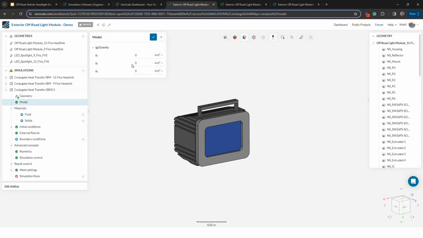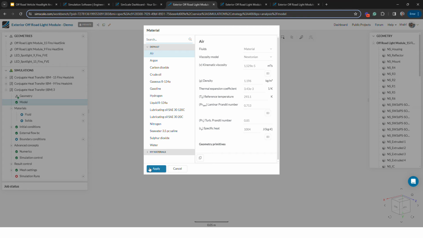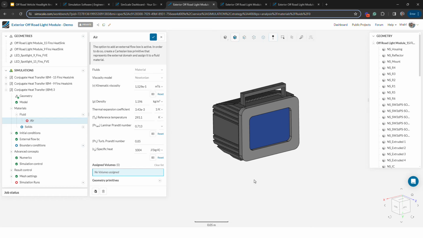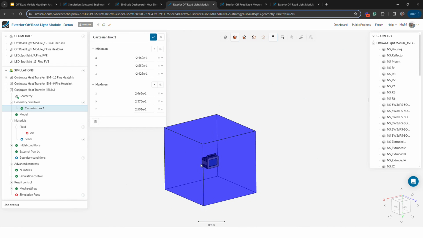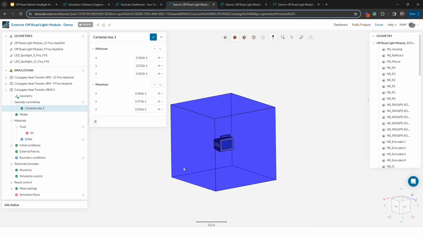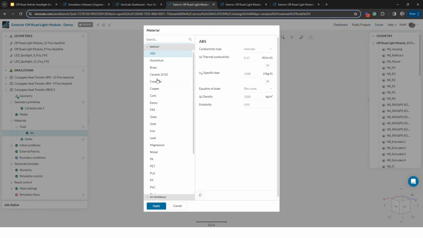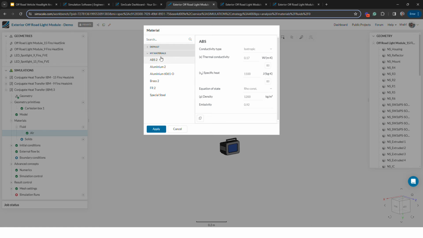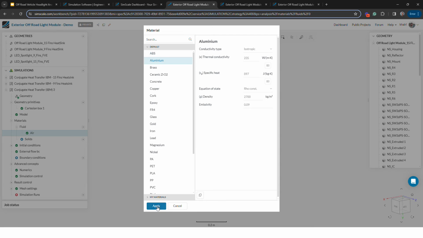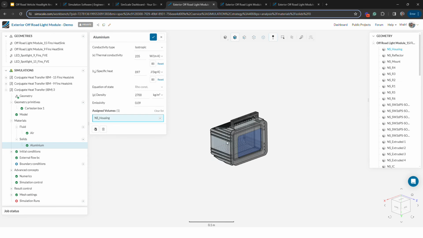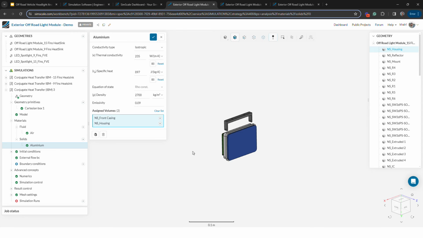First of all, we start by defining the gravity direction, which in this case is in the positive y direction. Then go about setting up the material, starting first with the fluidic material. In this case, we have an air volume, which you can create directly in the material setup only for an IBM simulation. Once you have that done, you can go about defining the solids, and here you have a default material library that you can choose from. Of course, you can create your own materials as well, which you can use in your other projects. For example, we can set up one material together here. So we have the aluminium for the housing and the heatsink.